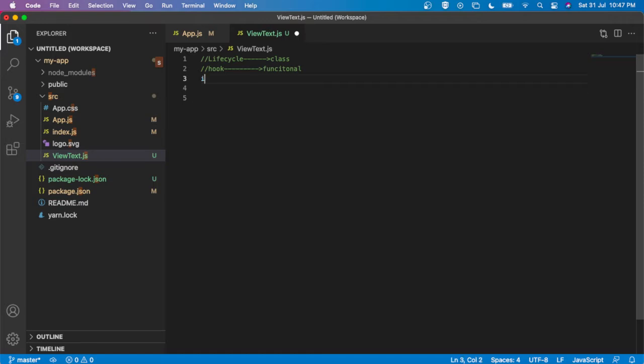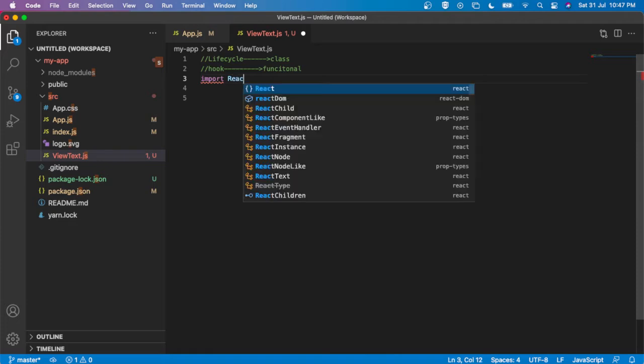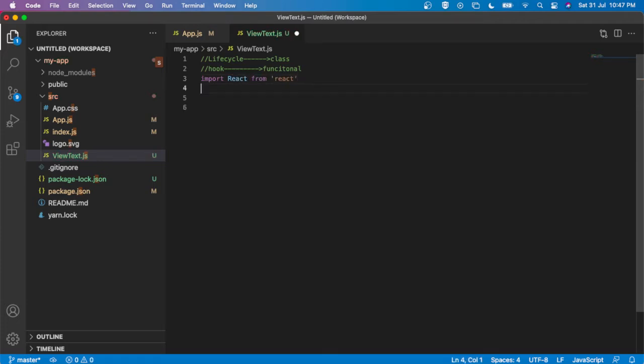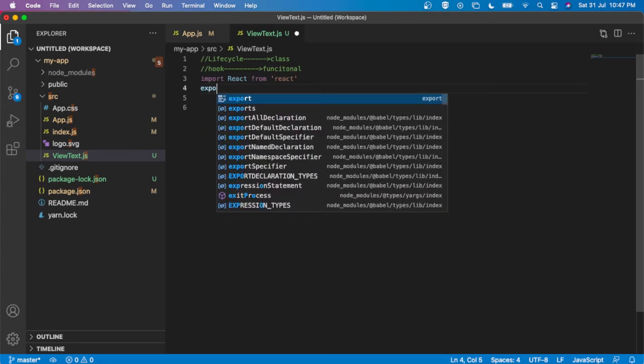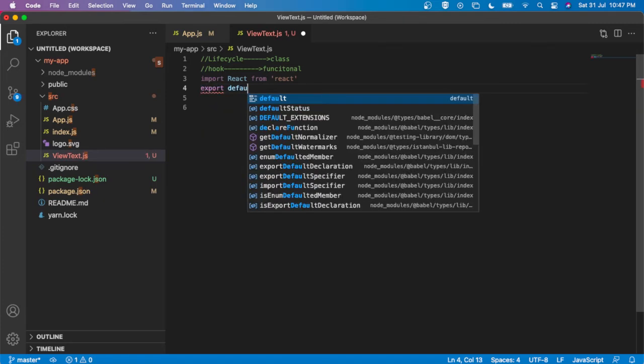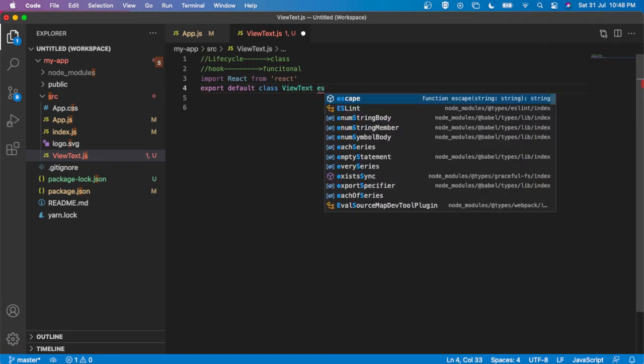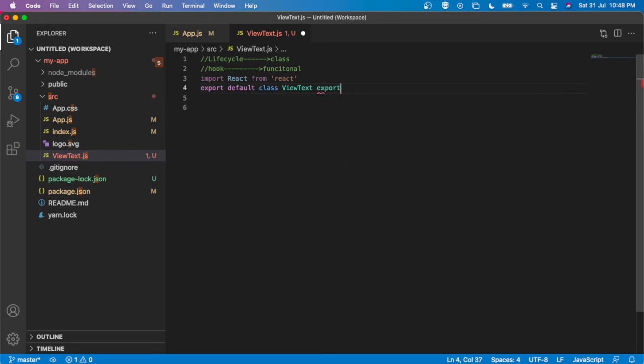Firstly I have to import React from react. Now I am going to declare the class here: export default class view text extends component. I can declare component here.